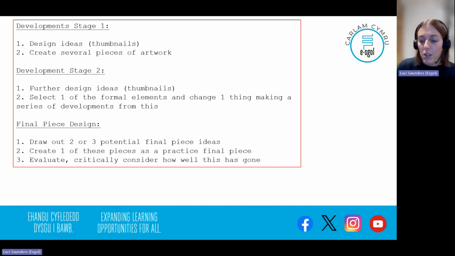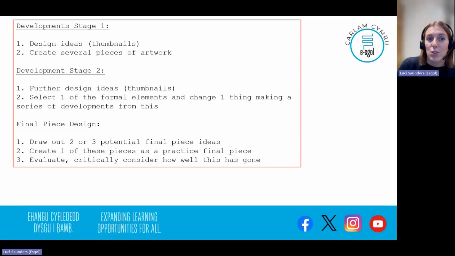So to conclude, to summarise, your first stage of development, you would need to make some design ideas. Now, that is fairly undisputed across most of our education. So although I'm saying everything is my own guidance, I think most art educators would recommend that a way to do design ideas is to sketch out some thumbnails. And what I mean by that is like little mini versions of what your final piece might be. You might do lots of these, or you might do larger ones with a bit more detail. You might use the computer to do this. You might use your own photographs and print them and label them, collage them. And from that, the second